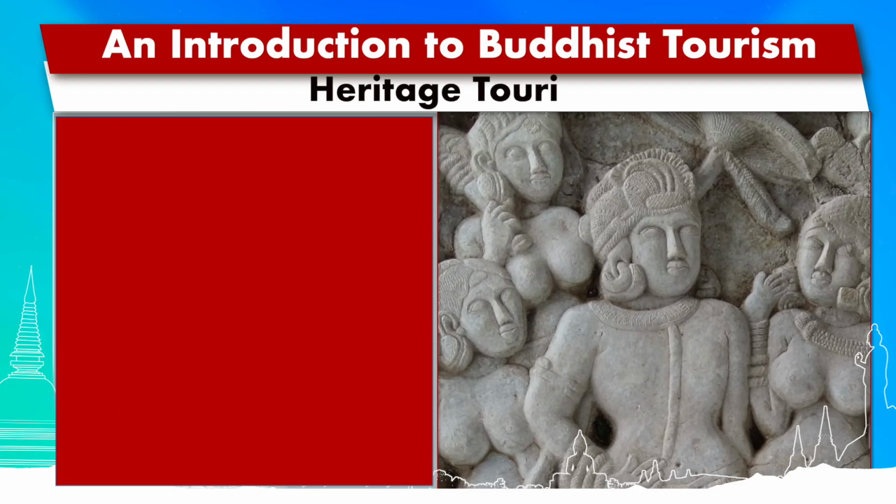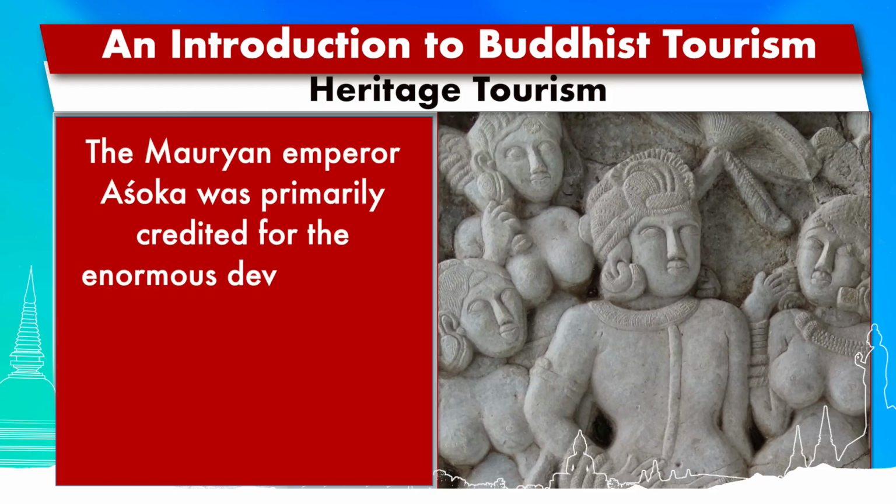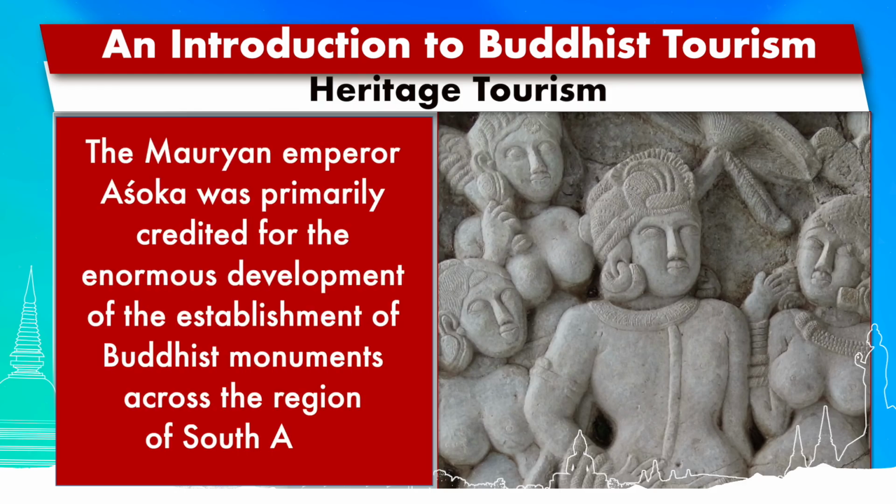Although the religio-cultural tradition of constructing viharas, that is monasteries, residential places for the members of the monastic community, and stupas, memorial structures constructed over the relics of the Buddha or his disciples, was initiated during the time of the Buddha, the Mauryan Emperor Ashok was primarily credited for the enormous development of the establishment of Buddhist monuments across the region